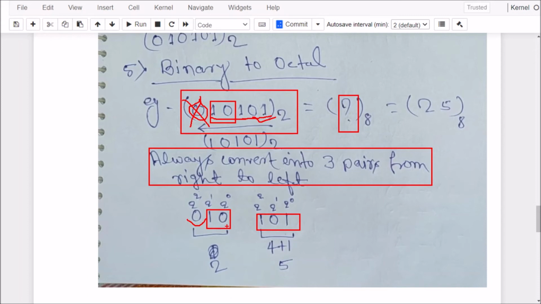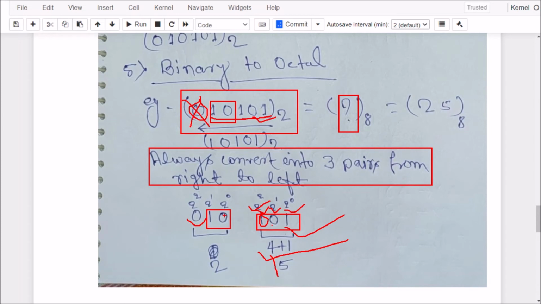Here this one is to the power 0, this one is to the power 1, and this one is to the power 2. 1 is taken, which means we have to add 1, and this 2 is not taken, which means 0. So 2 should not be added, and here 2 to the power 2 is taken because here is the 1. 2 to the power 2 means 4, so here we will get 5.